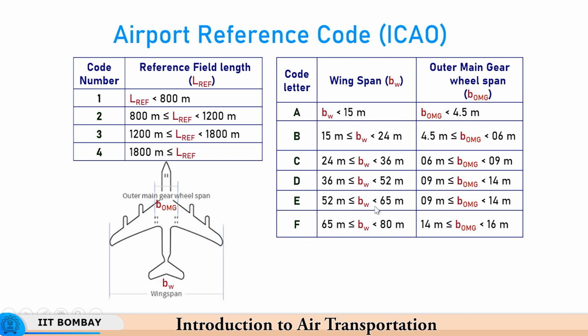So, at 65 meters they have folded the wing tip so that the aircraft can remain within code letter E. What happens is that there are very few airports which can handle code F aircraft. So, if your aircraft has a wingspan of more than 65 meters, then its usability at many airports is not possible, and therefore, there is a chance that the airline will not procure your aircraft because it is not going to be able to operate from many airports. So, many manufacturers try to fit within lower categories.